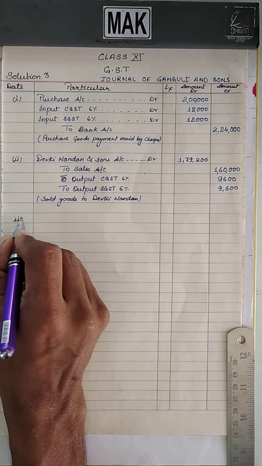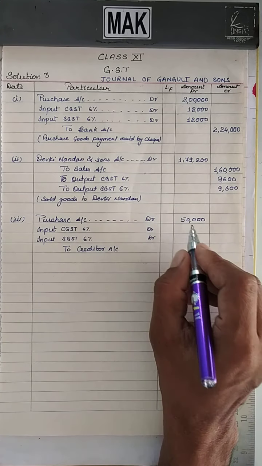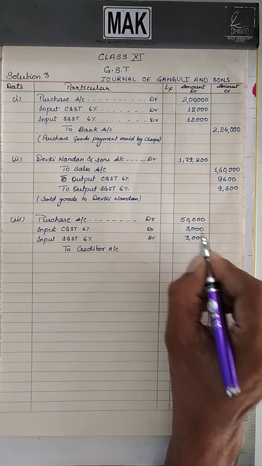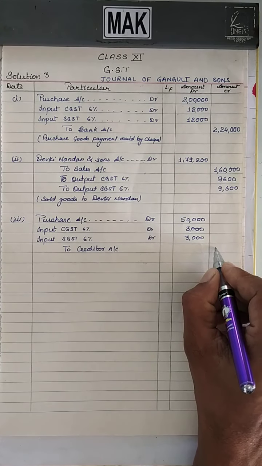So these two entries are debit of CGST and SGST. The purchase amount is 50,000. So on 50,000 we have 6%, 5 6 30, 3,000 we have to pay. So 3,000 is for CGST and 3,000 is SGST. If you add and write the amount, it will be 56,000 rupees. It is clear? This is tax paid while purchasing the goods. So here write purchase goods on credit.